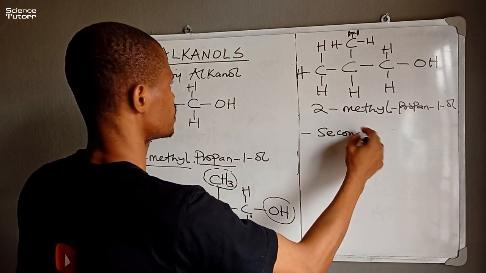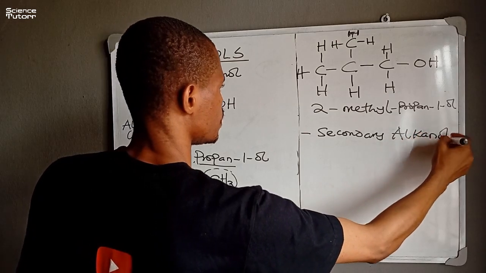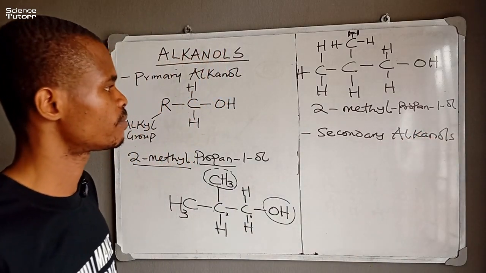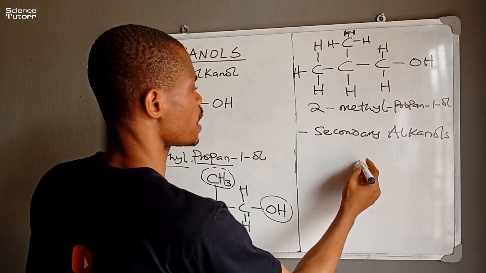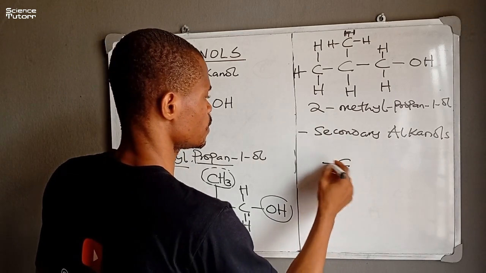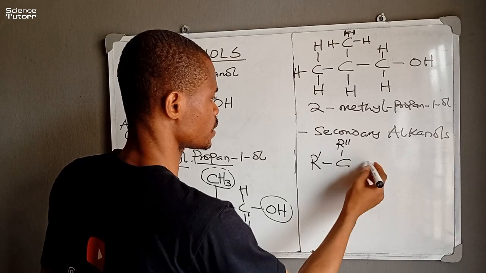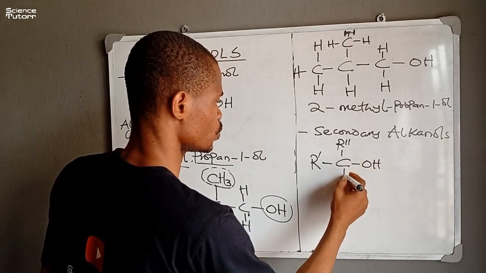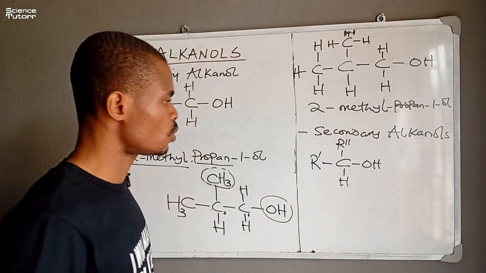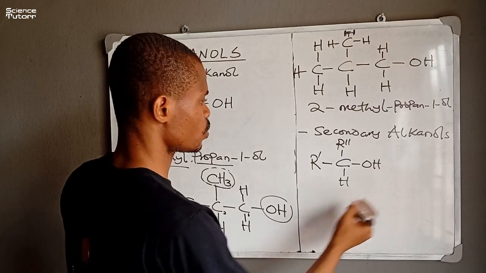Secondary alkanols. Let's consider an example. Secondary alkanols simply have two alkyl groups, R and R prime, attached to the carbon carrying the functional group. So we shall be looking at an example. An example of a secondary alkanol is